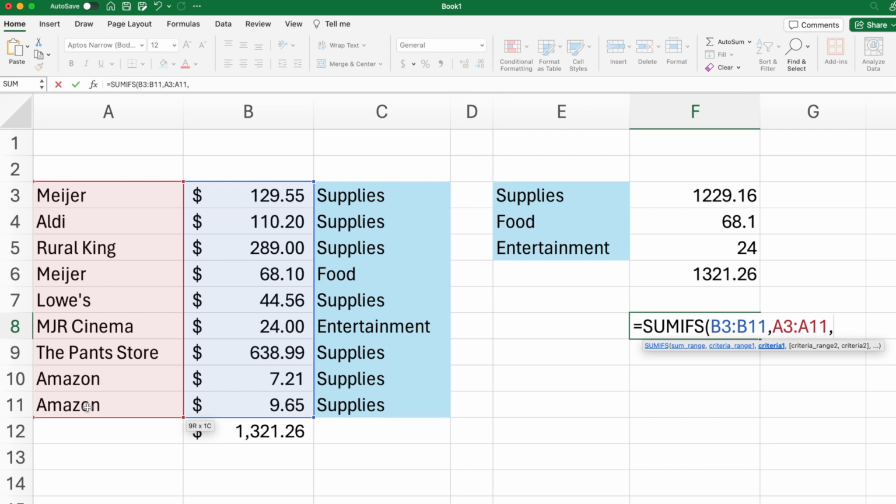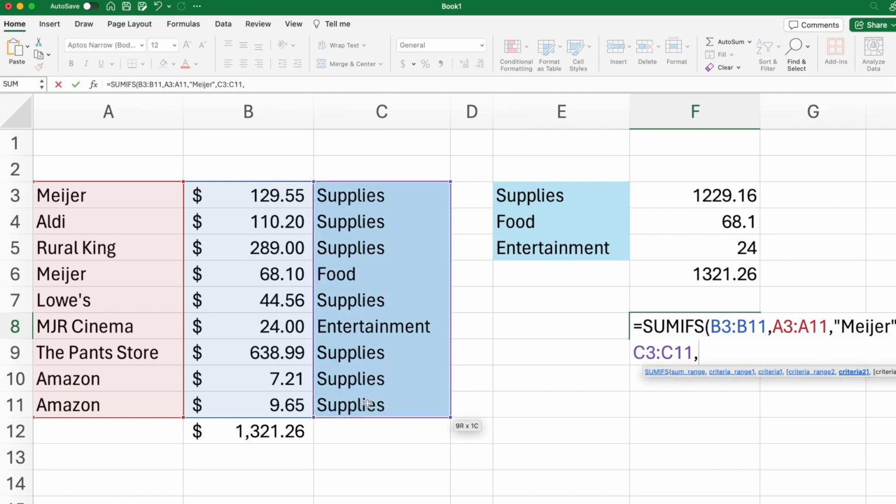So we don't want any Meijer food on here. You can either make the cell this for supplies, or you can just type it in, honestly. Sometimes it's easier, but then you can't update this number, right? So you got supplies, comma. Now you're going to look through the second range. Whoops, I did that wrong. We're looking for Meijer. Now we want to look for supplies in here. So, comma,